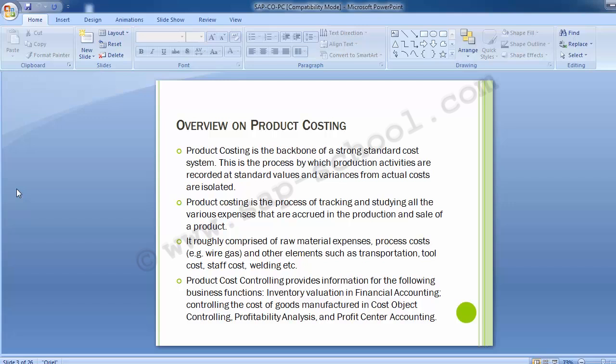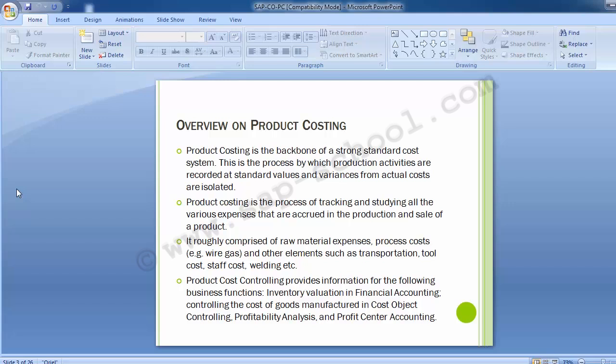Product costing is the process of tracking and studying all the various expenses that are accrued in the production and the sale of a product. It roughly comprises raw material expenses, process cost which include wire, gas, electricity, and other elements such as transportation, tool cost, staff cost, welding, and many more such